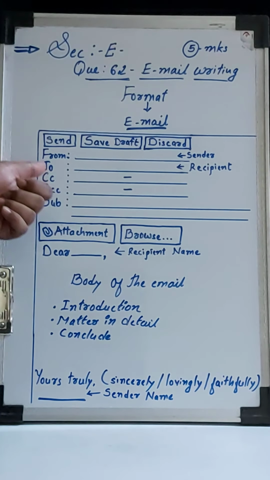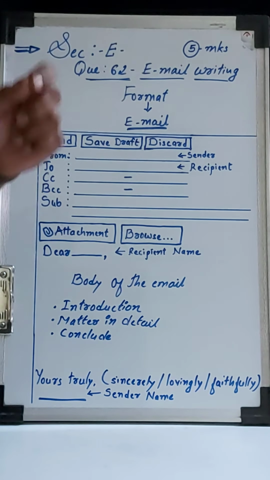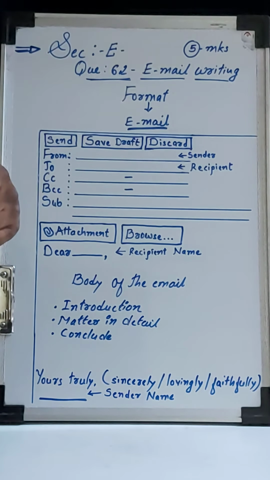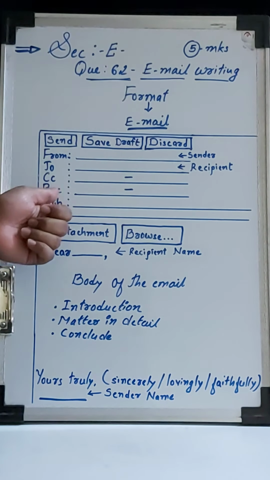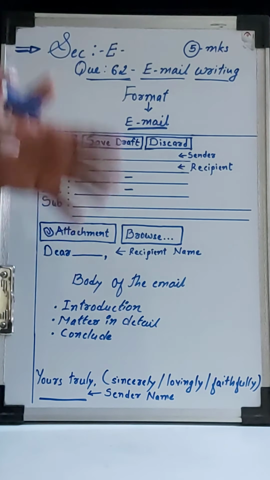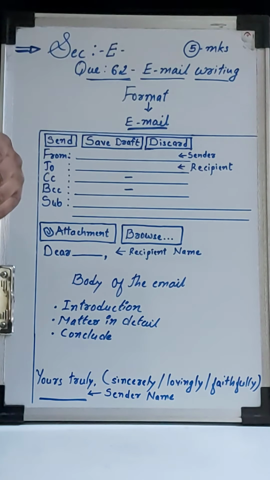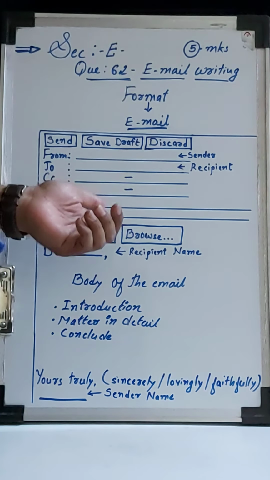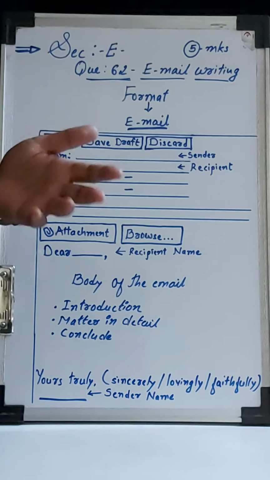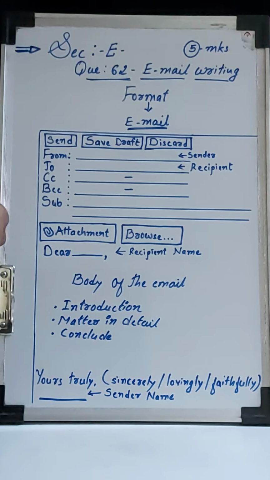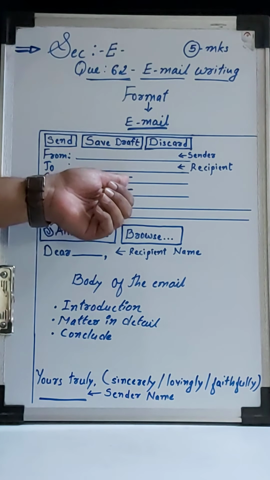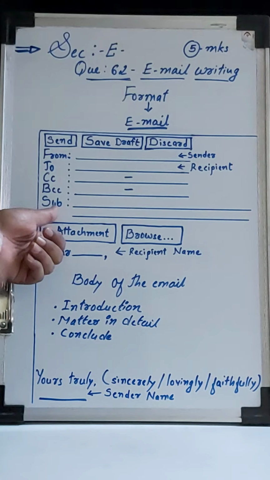Well students, for CC and BCC, you should know the full form of what it stands for. CC has the full form carbon copy, whereas BCC has the full form blind carbon copy. These two options are obviously in the electronic email, but as we have this educational purpose, we need not write anything over here. But yes, if we do mention CC and BCC, it again gives a good impression. You need to just put a dash, but do mention them, which gives a good impression again.